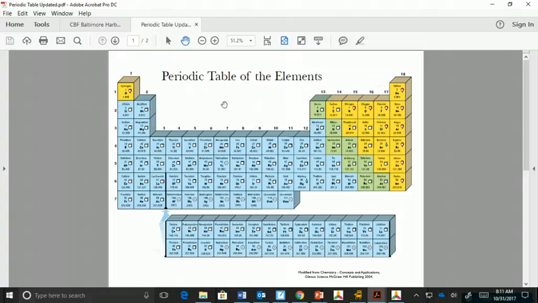But again, there's these skips, there's these breaks, there's these movements. And why did we, when we got to 10, go to 11 over here instead of just making another one going this way? That's because of periodicity, the fact that these groups have this regular repeating pattern of properties.